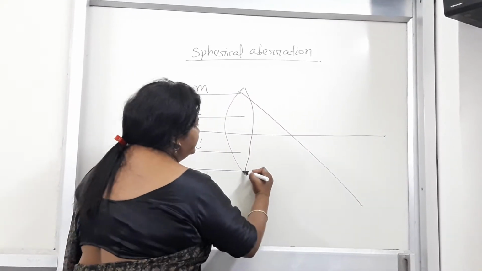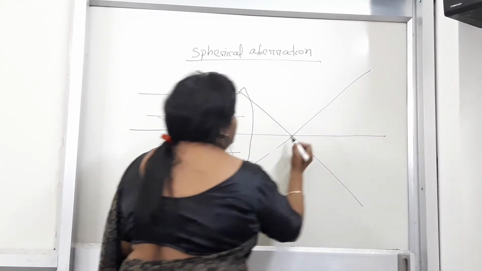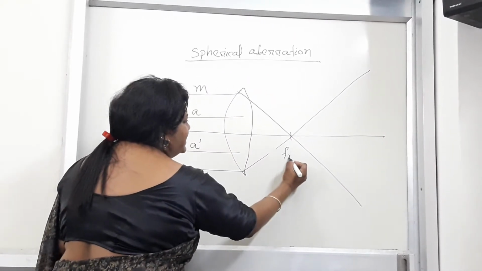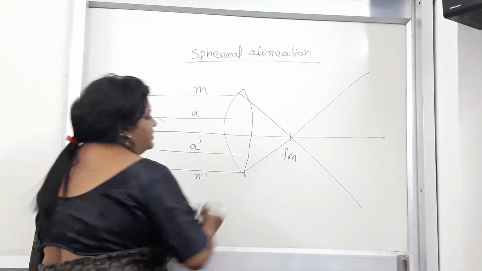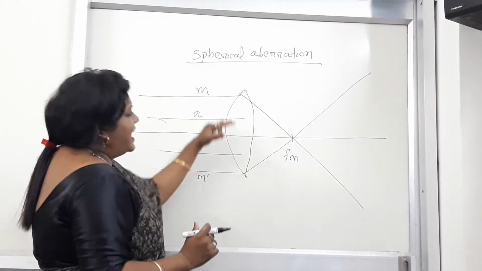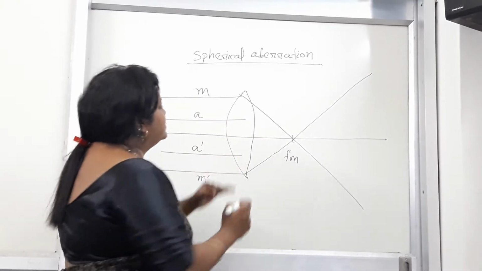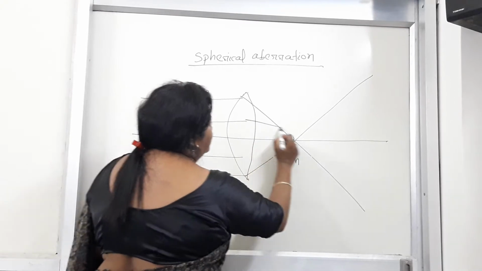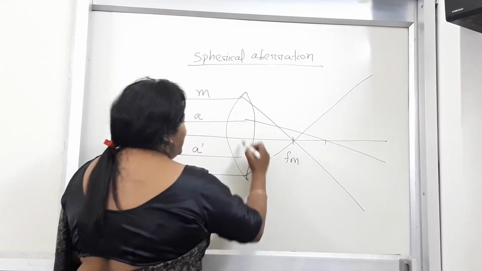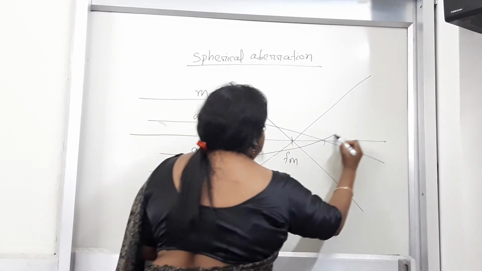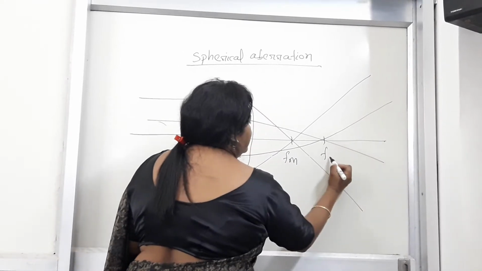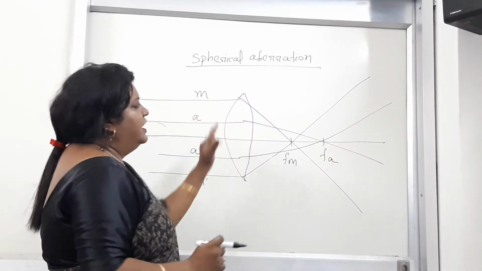to a particular focus point called Fm, whereas these axial rays are focused after refraction far away from the marginal rays, at a point called Fa. Like this,